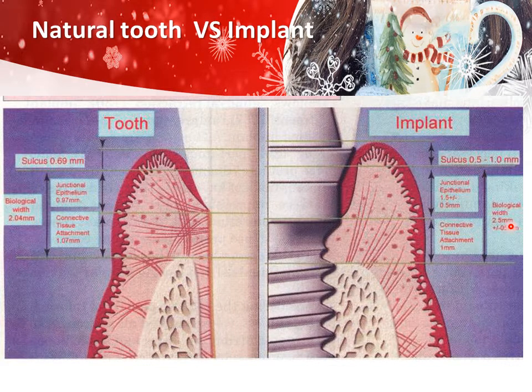One more major difference between both is that junctional epithelium in the natural tooth is less permeable and very strong, but here the junctional epithelium is more permeable. In other words, if there is any food substance or plaque stuck here, it is going to very easily invade the inner structures. So when placing an implant, you should be very sure that the patient is going to maintain very good oral hygiene.